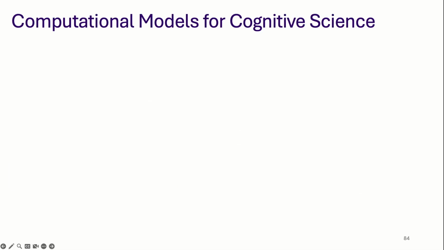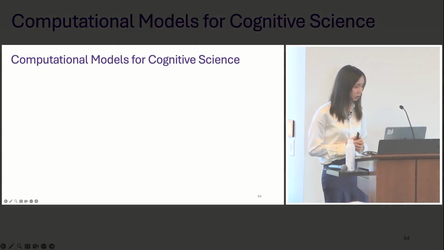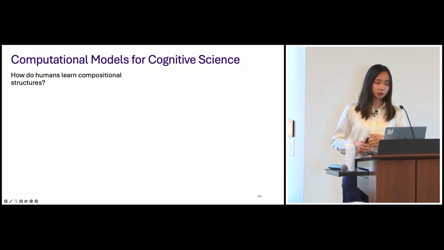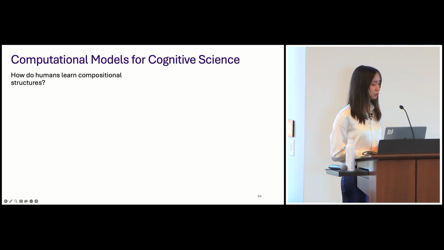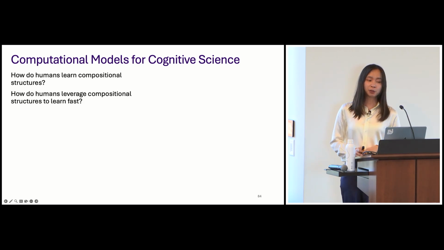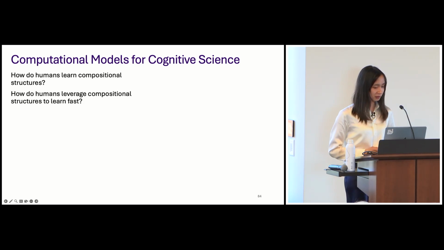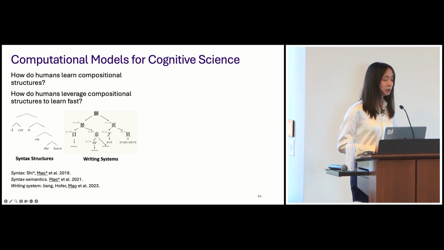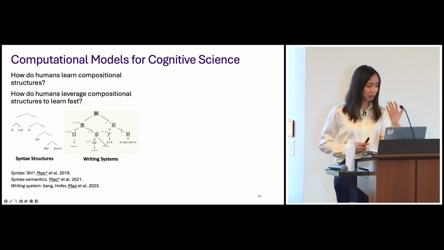Finally, I'm also interested in building computational models for cognitive science purposes. This includes answering questions like how humans could learn compositional structure from data, and how humans actually leverage compositional structure to learn new things fast. In the past, I've been primarily working on learning syntax and also learning structures for writing